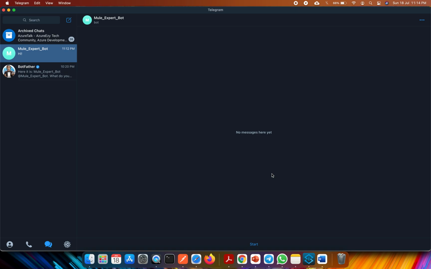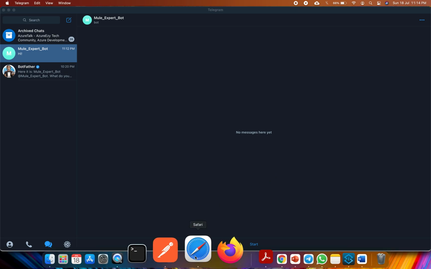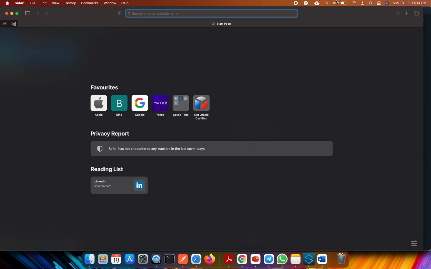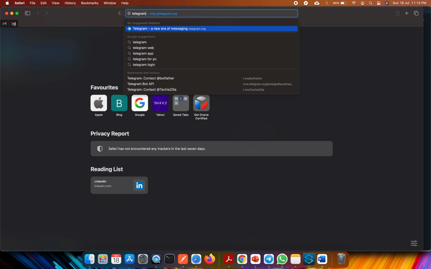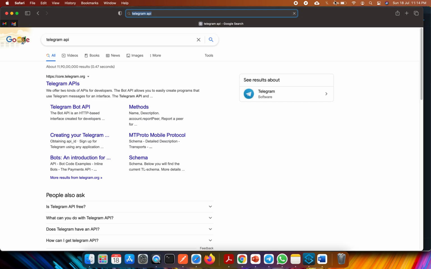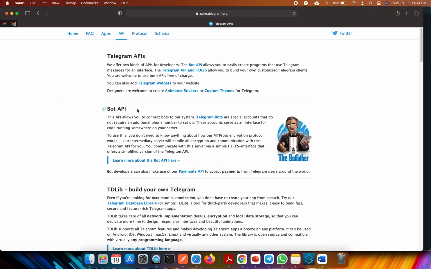If you search for Telegram APIs, just search for this and click on the Telegram API. It will talk about the bot API. Bot API is like robot APIs which you can create, and you can create some automated or predefined answers for certain queries.